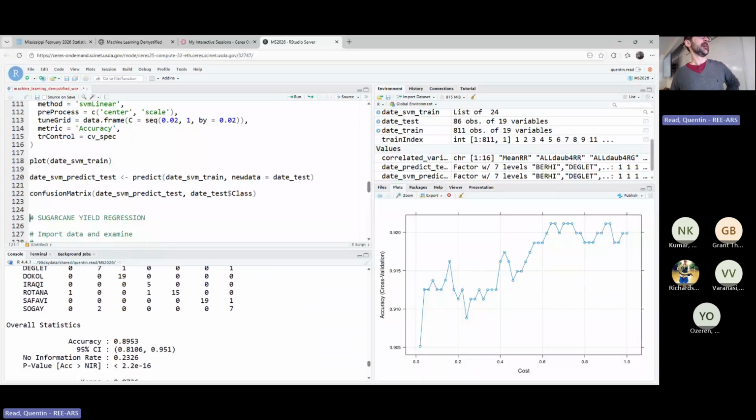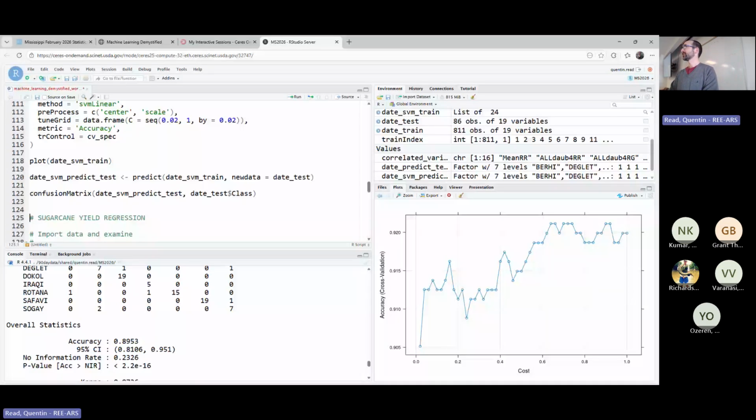And you can see that usually your accuracy on the test set is a little bit less than the cross-validated accuracy on the training set, right? Because the model was fit on the training set. So the accuracy should go down a bit when you get to the test set. It was 92 on the training set, but it's still 89% accurate on the test set. Once again, that's really good, but